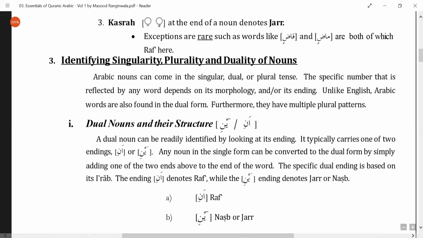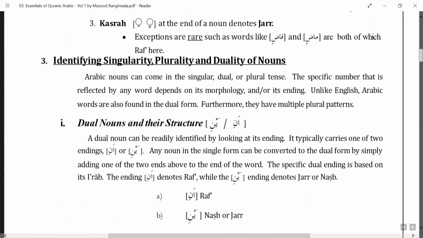Now, they have mentioned about how to identify whether a word is single, dual, or plural. All these topics, what is mentioned here of the 4 characteristics, little things are mentioned. Like, for example, i'rab, we saw some things, but there are still something more to do, which is coming in the couple of lessons. Maybe a page from here, there is something more that you need to know on i'rab, which we will be covering here.